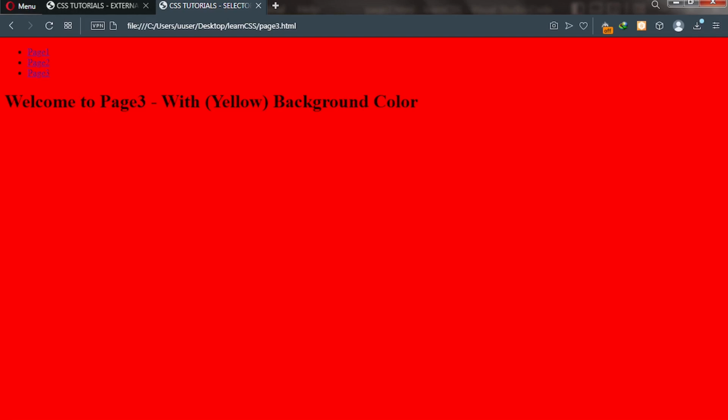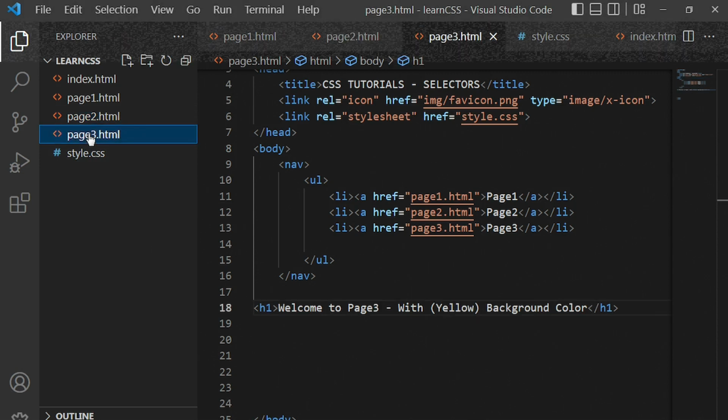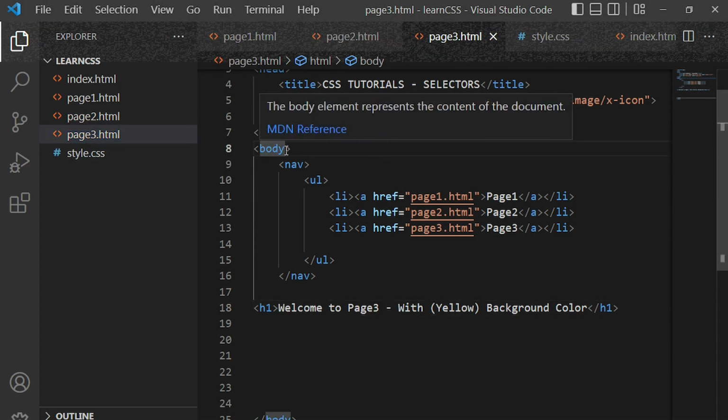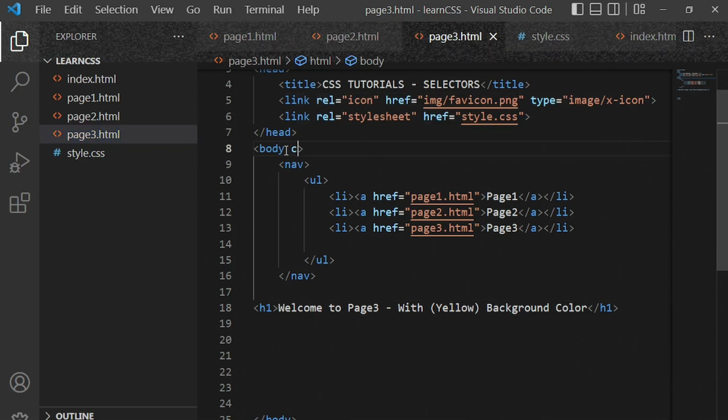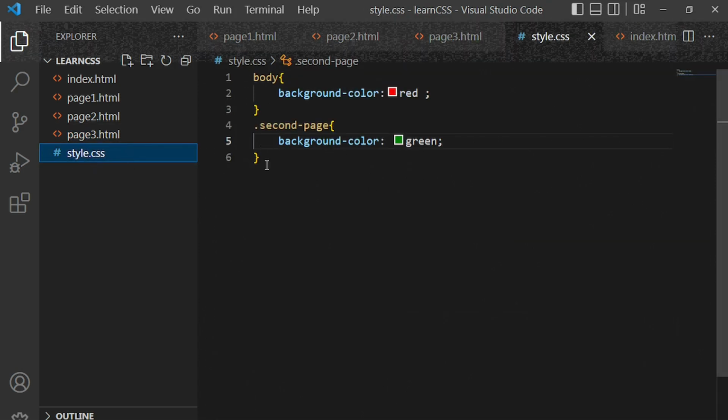So let's go and work on page 3. So I'll simply go to page 3, and this is page 3. Welcome to page 3 with yellow background color. Because we are targeting this selector, which is body, let's give it a class equal to, and then we give it maybe third page. Okay, so let's put third page. Good. Then we copy this particular class name and then go to our CSS, come beneath it,